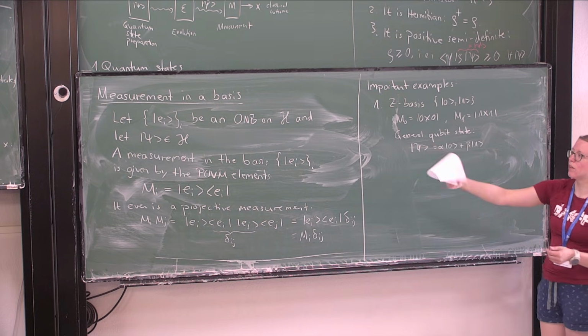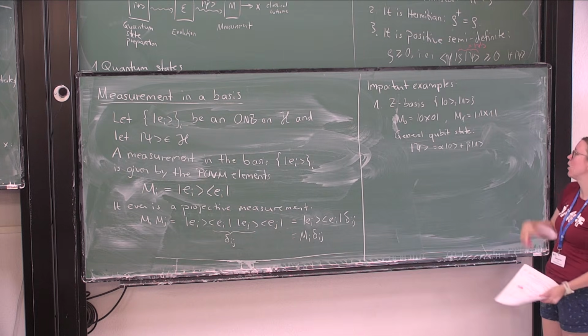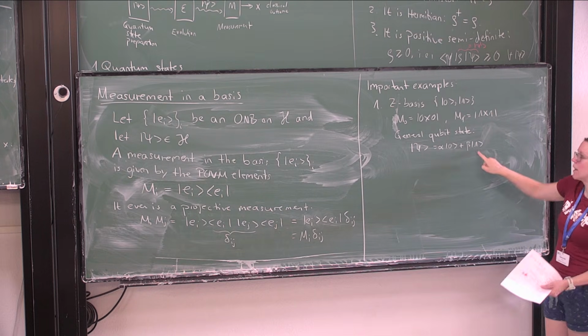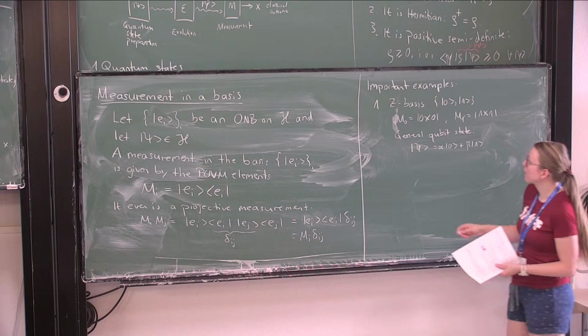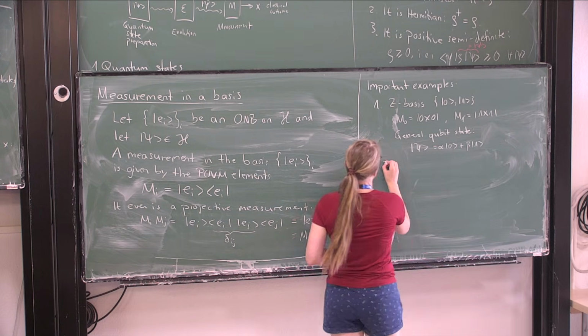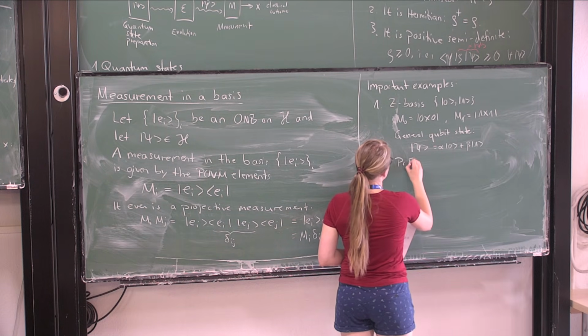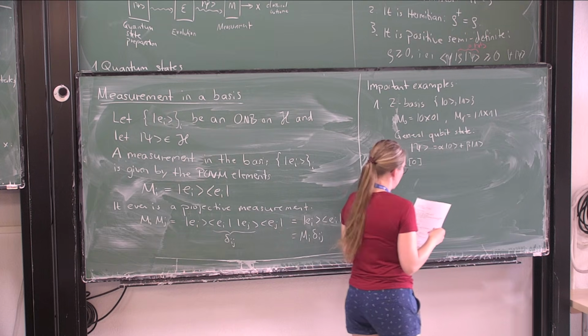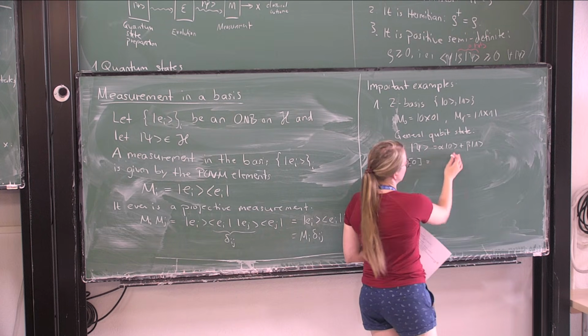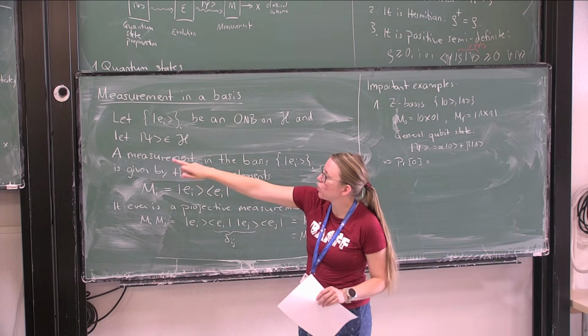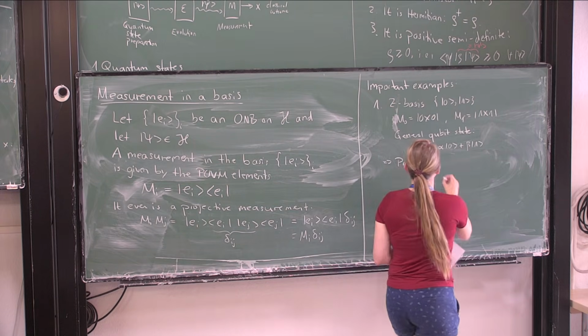Then I can use the formulas that we had to calculate, okay, how likely is it to see a 0, how likely is it to see a 1. So if you calculate this into a pure state, we can use the formula for pure states. It would simply be